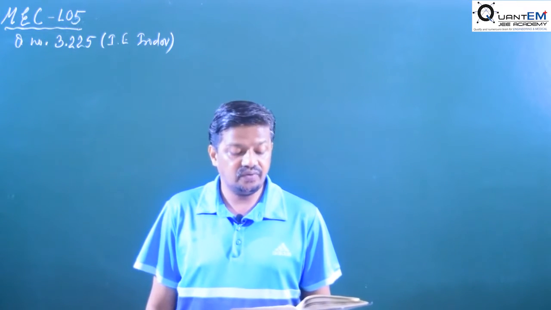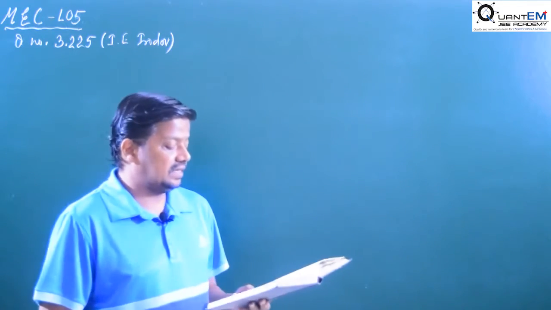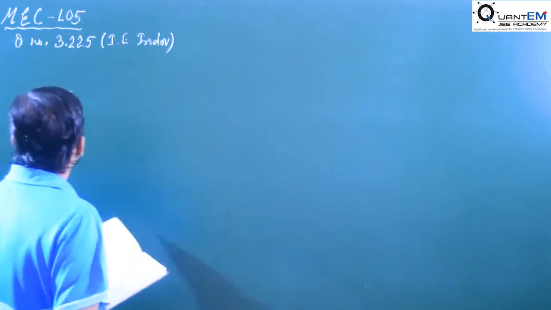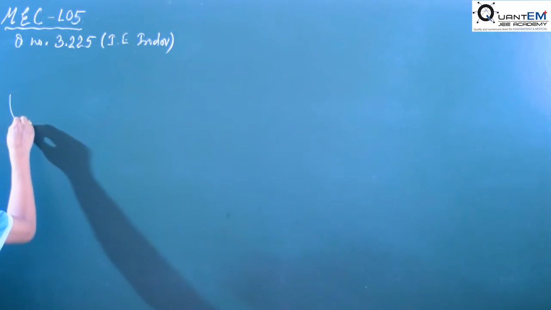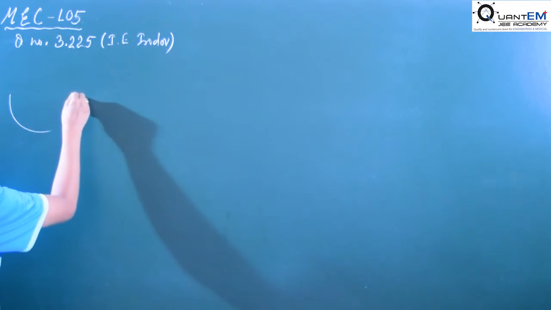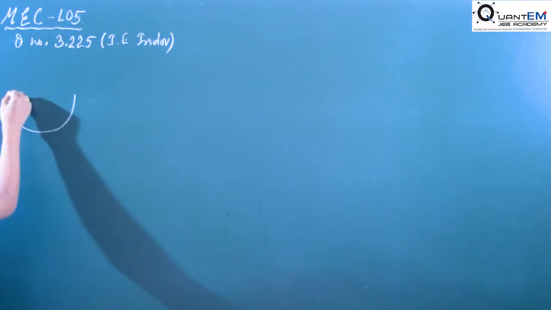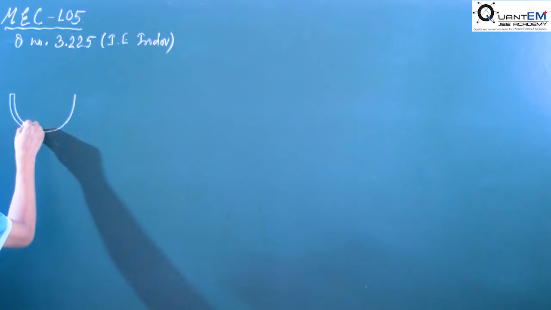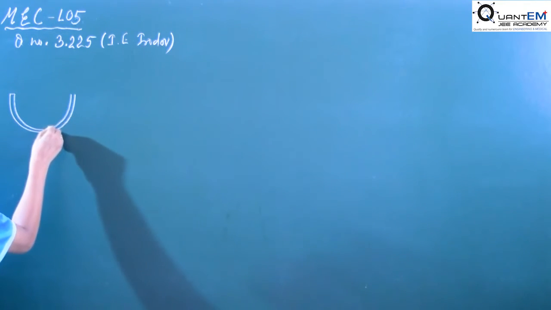The figure has been given. Find the induction of the magnetic field at point O, and this O is at any point on the axis of this conductor. So we have given a long conductor having cross section in the form of a semicircular ring, and here current is given.